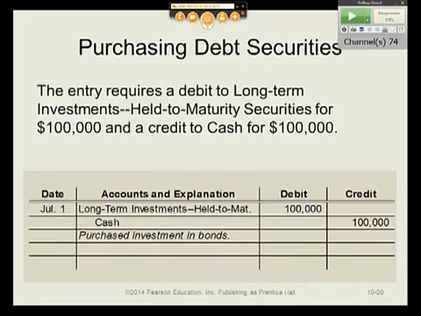They also assume in this problem that interest is paid in cash every December 31st. So remember, you don't get any interest right now because the bonds were just issued at this point, and you only get interest over time. You have to hold it to earn the interest. You have to take some risk by holding the